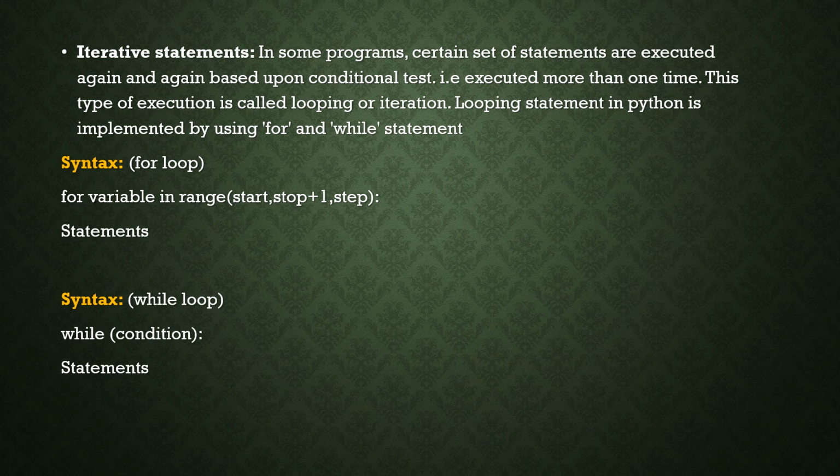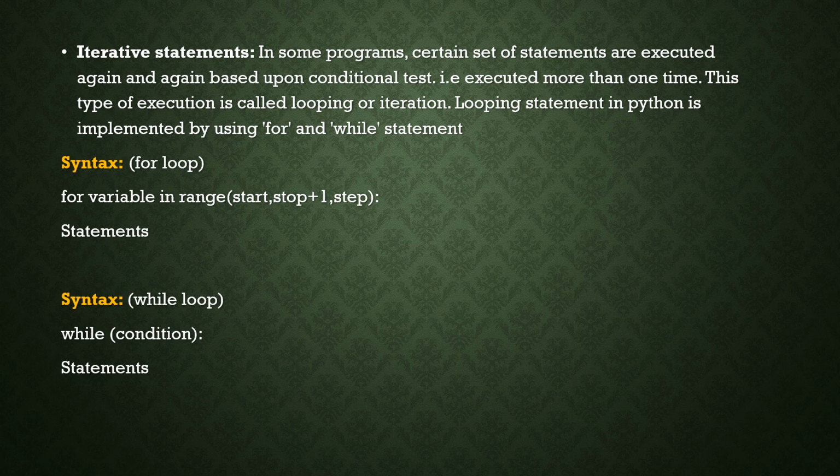Okay, that means in a single line the initialization is there, that means the starting point is there, and then some condition is there, stop plus 1, the condition, or we can say upper bound. Here start means lower bound, stop plus 1 is the upper bound, and step means iteration. Start, stop plus 1, step, and then statements. Then the statements should be mentioned after a horizontal tab. Horizontal tab should be there.